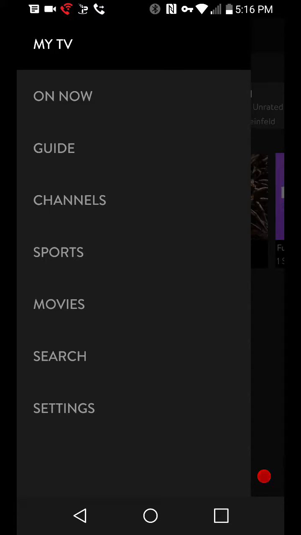Now, I started out with the orange package, and that includes a bunch of channels: ABC Family, AMC, A&E, Travel Channel, HGTV, Cartoon Network. I'm probably missing History Channel, and a few others. I'll go through the ones that I have in my package in the video. But I also have a $5 add-on, so my bill is going to be exactly $26 and some odd cents